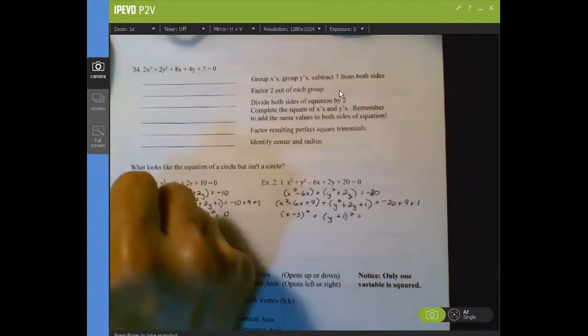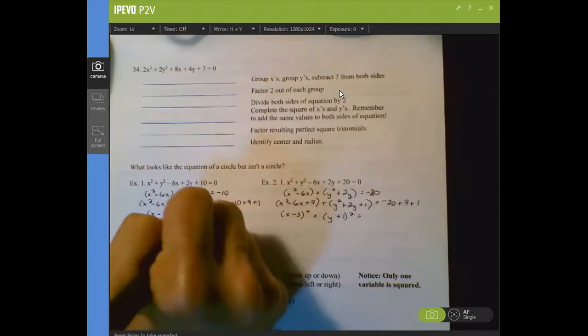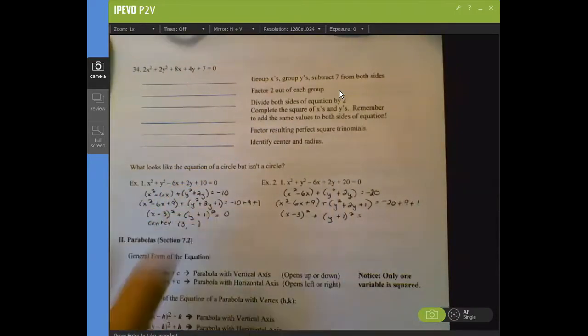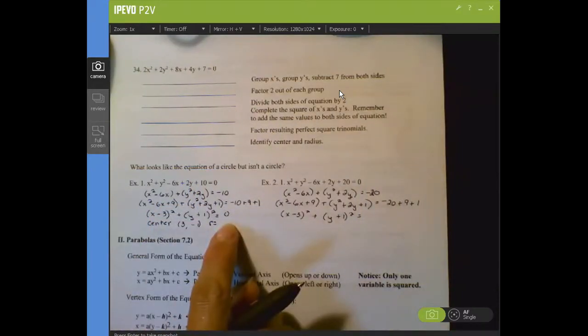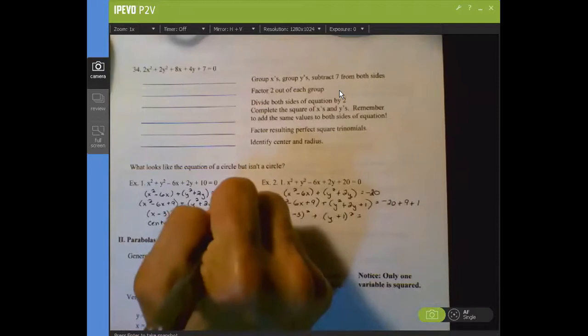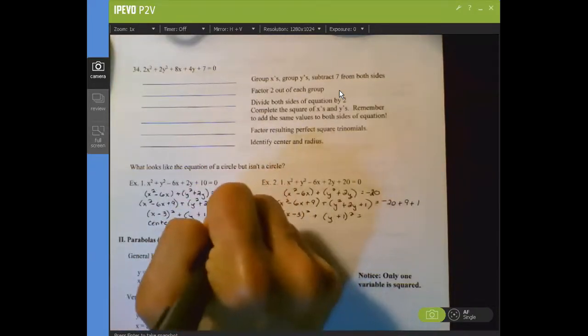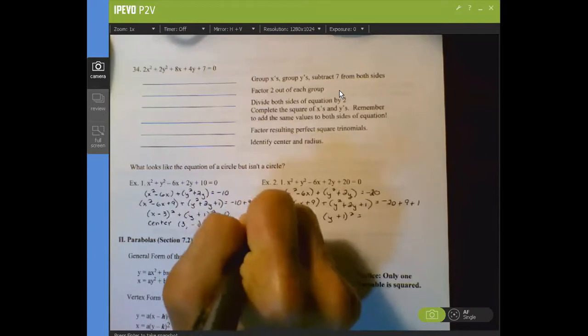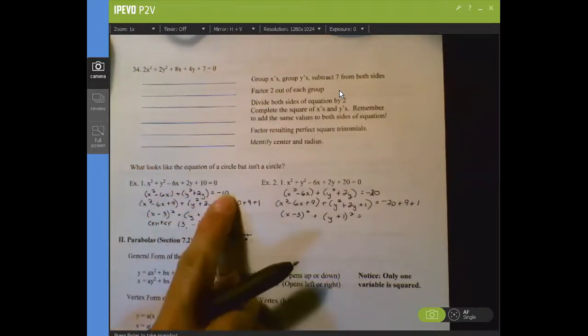So I'm just thinking, oh, this is a circle with center (3, -1), the opposite of both guys in parentheses, and the radius is the square root of what's on the right-hand side, which means the radius is 0, and then all of a sudden I think, what does radius equal 0 mean? Well, radius equals 0 means you have that 1 point, (3, -1),